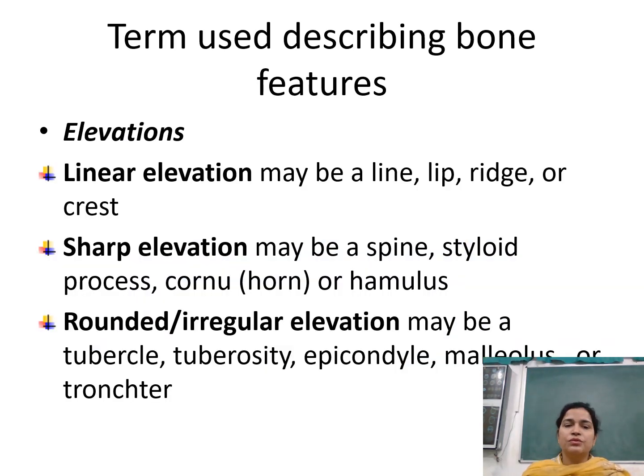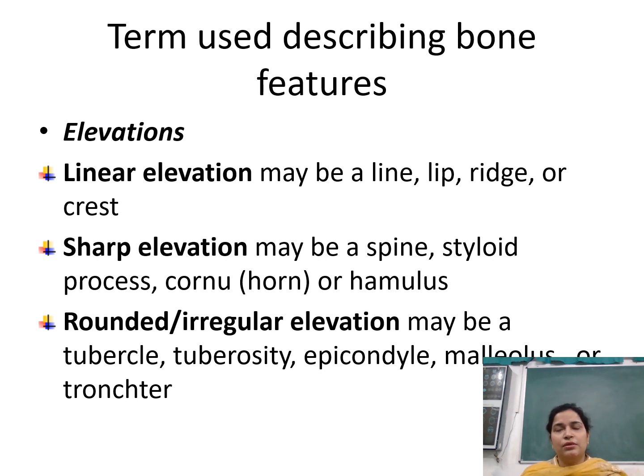Now, terms used for describing bone features. So what are the elevations? Suppose for the bone, a linear elevation, that means it can be a line, or it is also called a lip, ridge or crest. So again, linear elevation was described during the skeletal system lecture. A sharp elevation may be a spine, styloid process, cornu or hamulus. A rounded irregular elevation may be